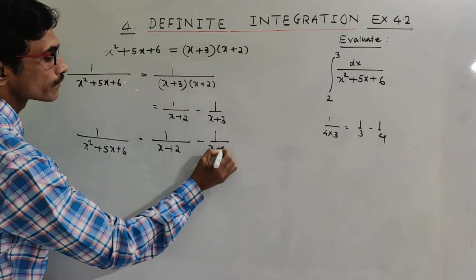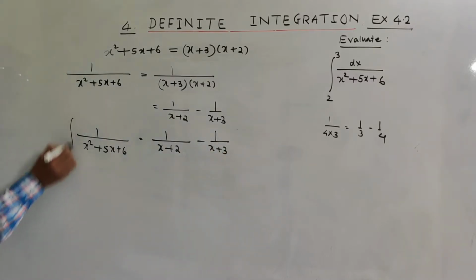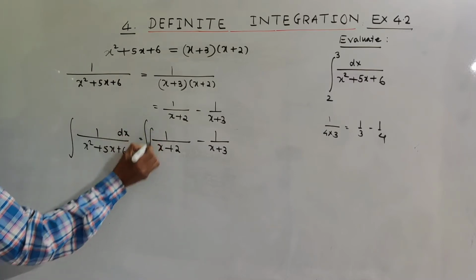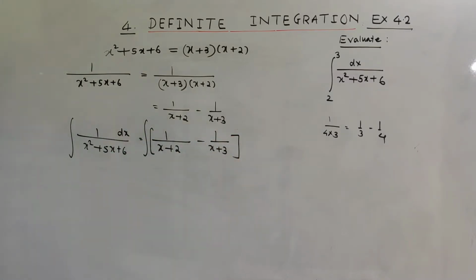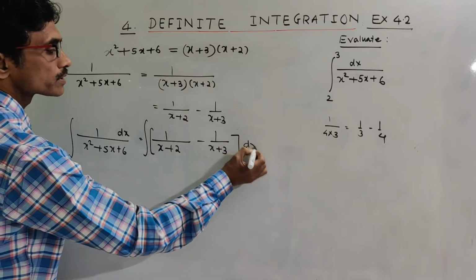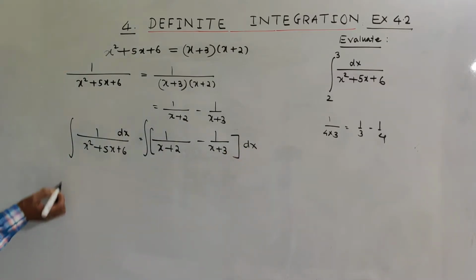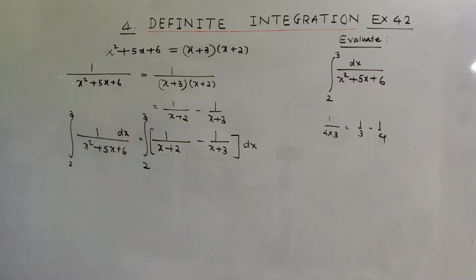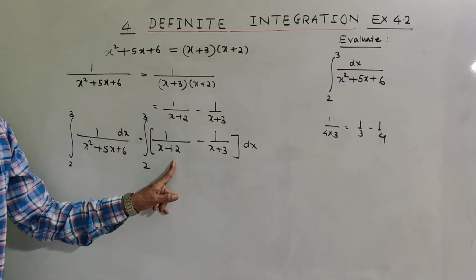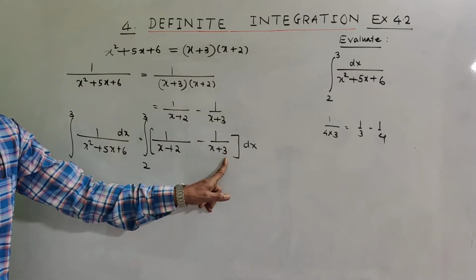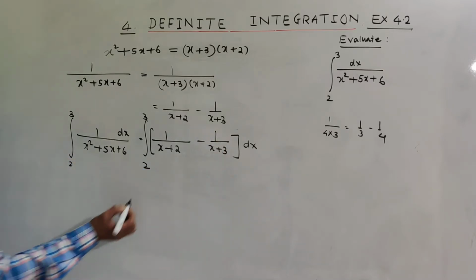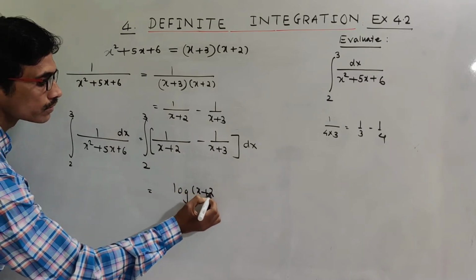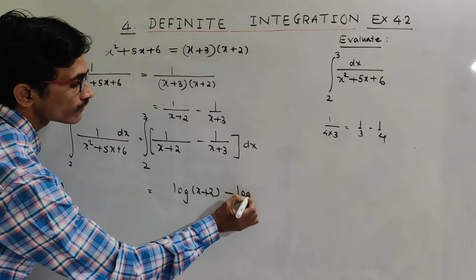Now 1 upon x square plus 5x plus 6 is equal to 1 upon x plus 2 minus 1 upon x plus 3. Now we integrate this, 1 upon x plus 2 minus 1 upon x plus 3, with limits 2 to 3. The integral of dx upon x plus 2 is log of x plus 2, and the integral of dx upon x plus 3 is log of x plus 3. So this is log of x plus 2 minus log of x plus 3,